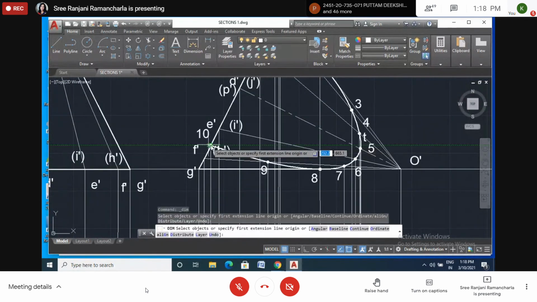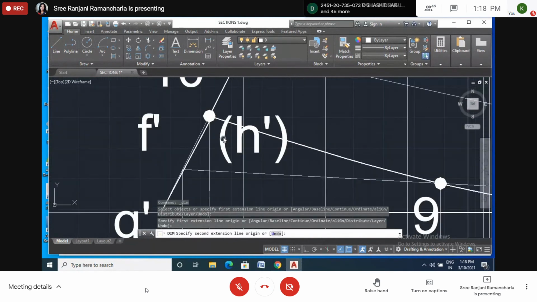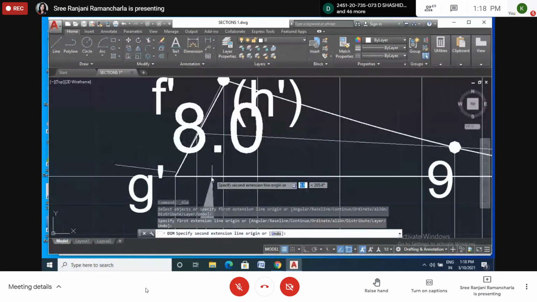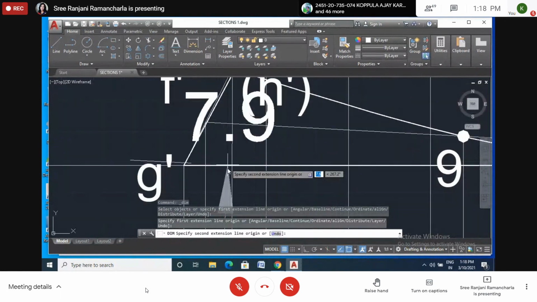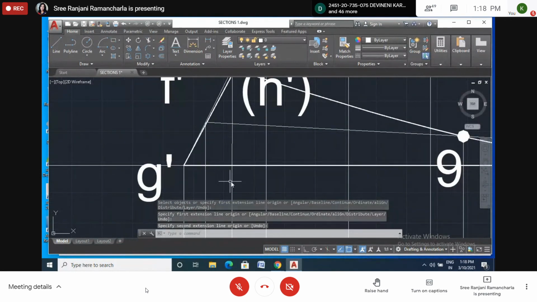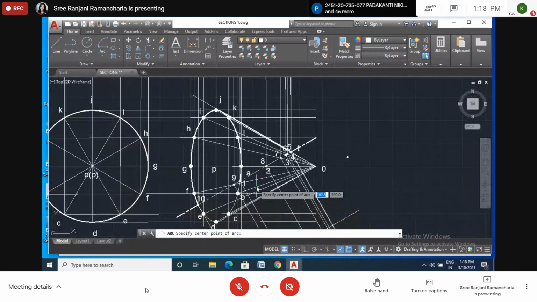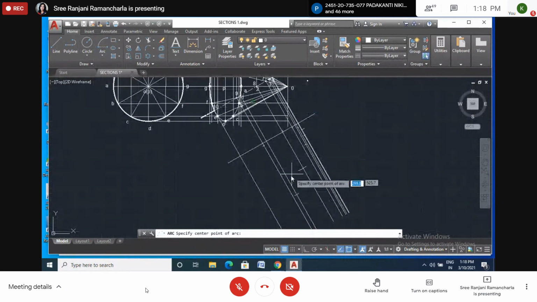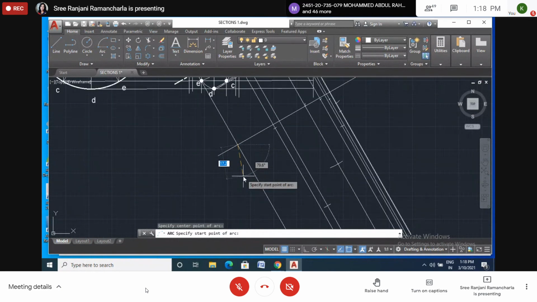From 10 to reference line. 7.9. This is 10. Center. 7.9. 7.9 meter.